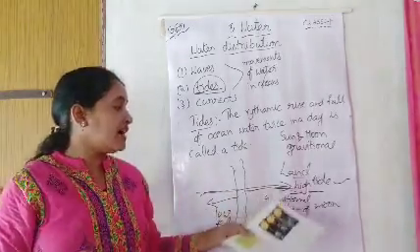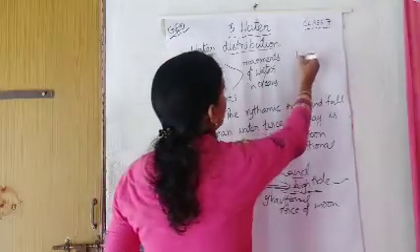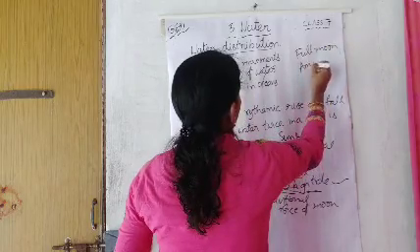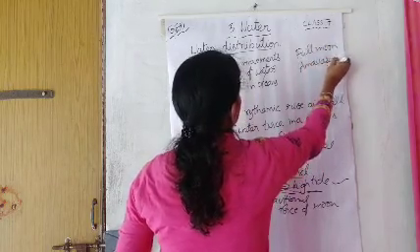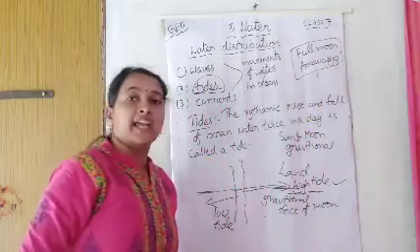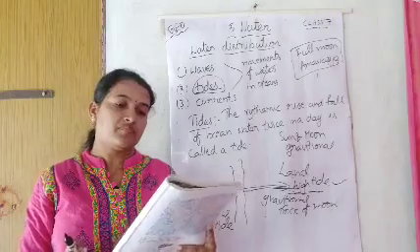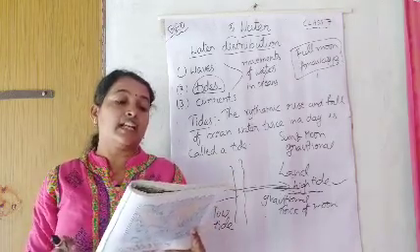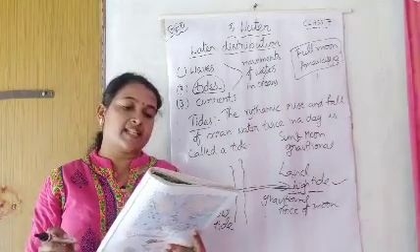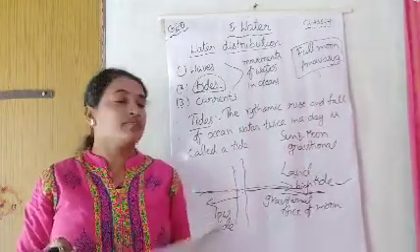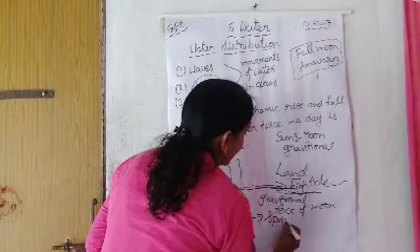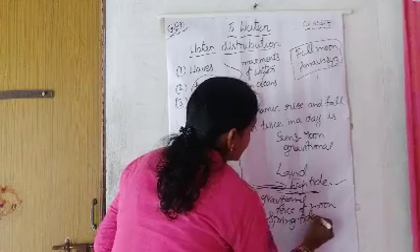So when does it happen? On the full moon day or Amavasya. On these two days, the gravitational pull of the moon will be more. At that time these high tides will form. When those high tides happen, the tides are called spring tides. So the highest tides are called spring tides.